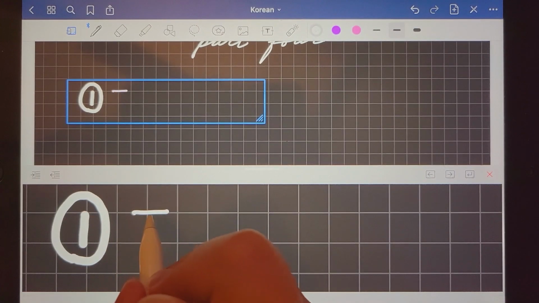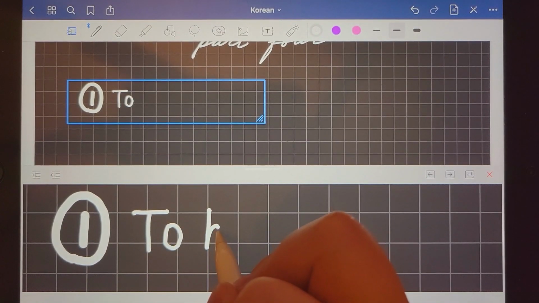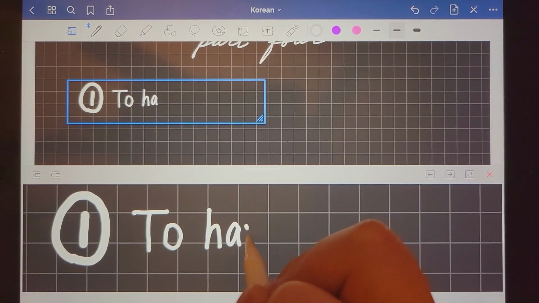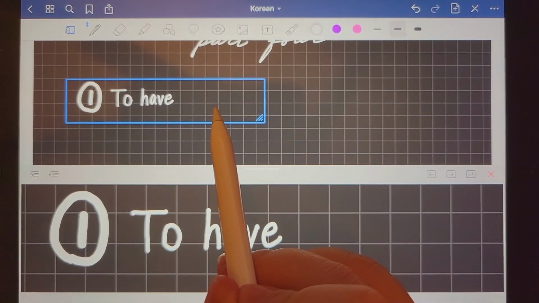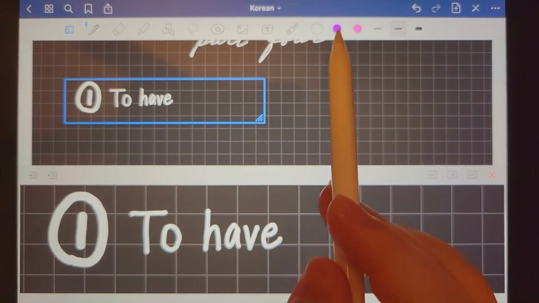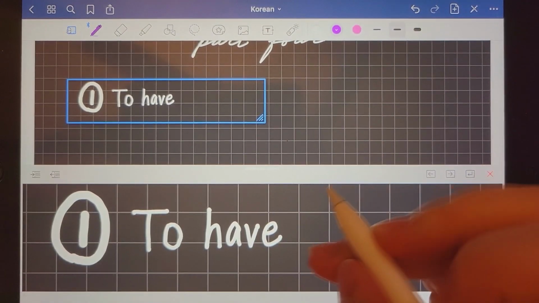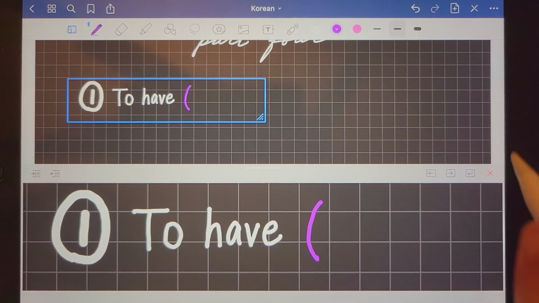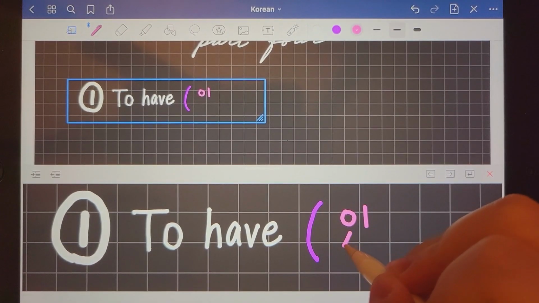So, the first thing that we're going to talk about today is to have. To have. That is the meaning of the word we're going to talk about in English. And when we are writing it down in Korean, it's going to be